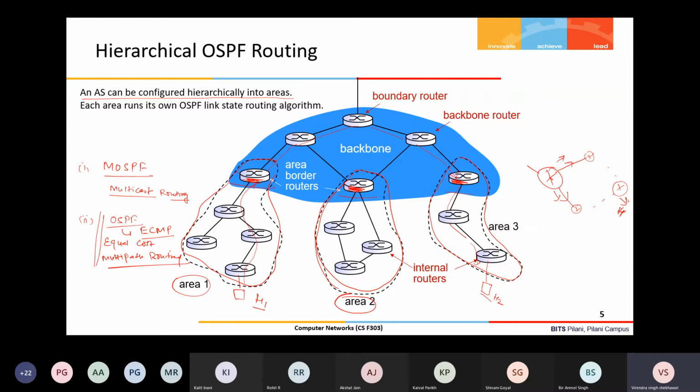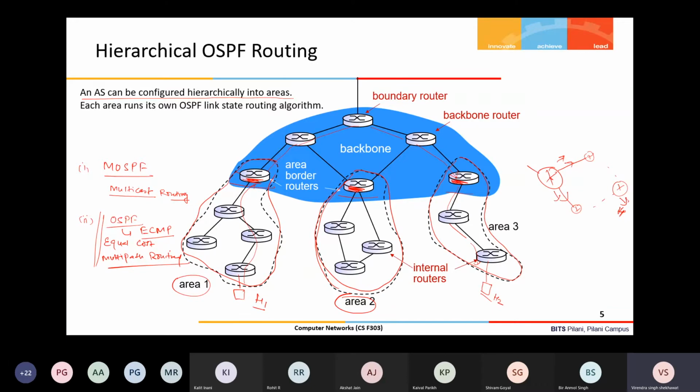Otherwise, if you always follow the shortest path, the shortest path becomes the most congested path, and it becomes delayed. Because if the cost you have defined is based on the distance or the number of hops, then ultimately the least cost boils down to the shortest path, right?